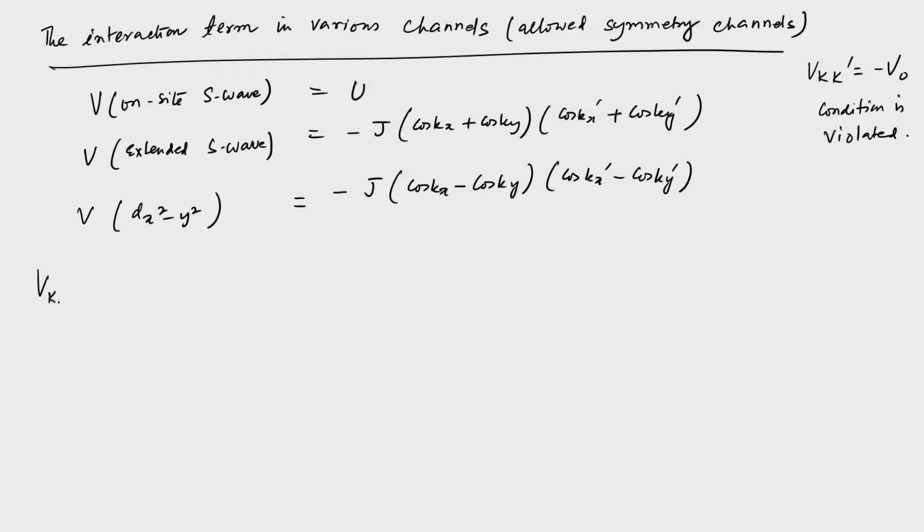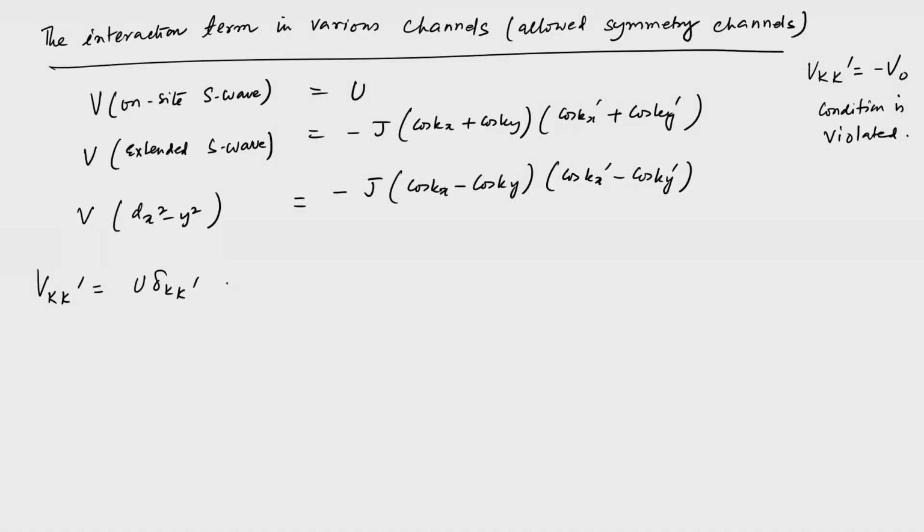So, we can write down the V k k prime now. It is equal to U delta k k prime, precisely the same as what we have seen in BCS theory, excepting the fact that there we needed specifically an attractive interaction for superconductivity to occur. However, this U is purely repulsive, and it may have a large value which encodes strong electron correlation into the model. So, this is there, and then we have J F S. We are leaving out the P wave or two dimensional representation. It is only in the singlet channel, rather,